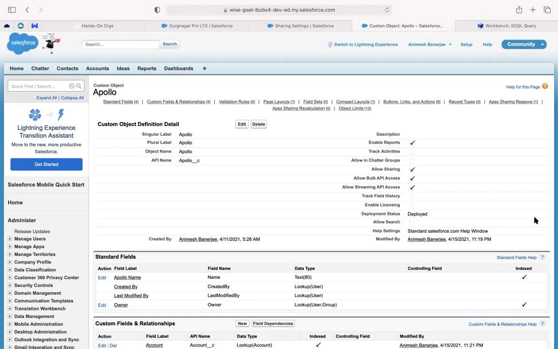Role hierarchy is a technique. And Apex Managed Sharing is a technique. Criteria based sharing is not a technique. Criteria based sharing is a type of sharing rule. Sharing rules are of 2 types: role ownership based sharing and criteria based sharing. But the technique is sharing rule.